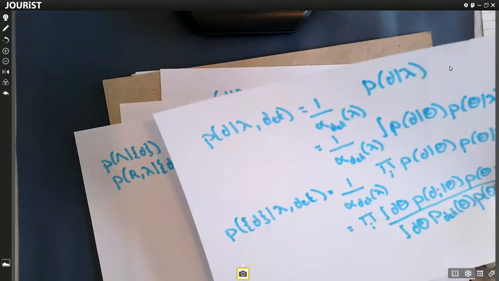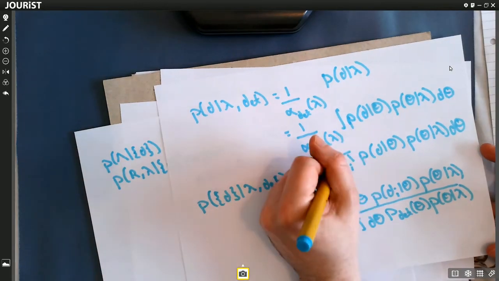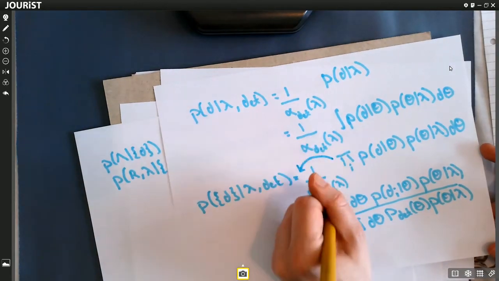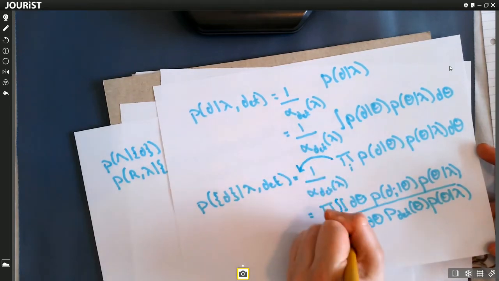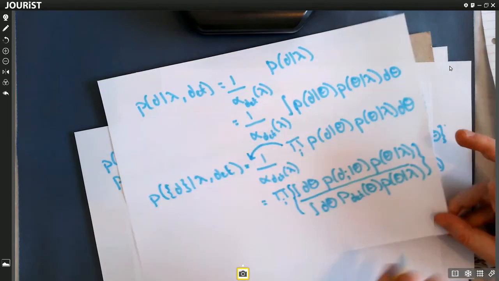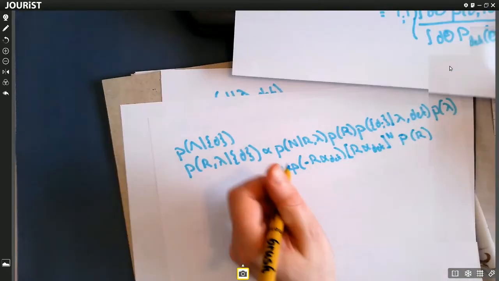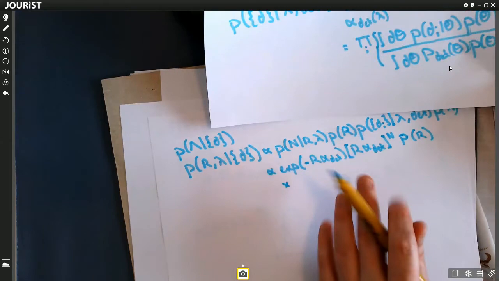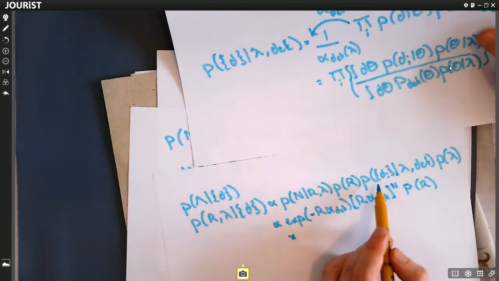Oh, and sorry, I miswrote this. The product goes on this side. We need the detectability on each term. I wrote it correctly here. Okay, so that's this term here, this probability, this likelihood for our data,